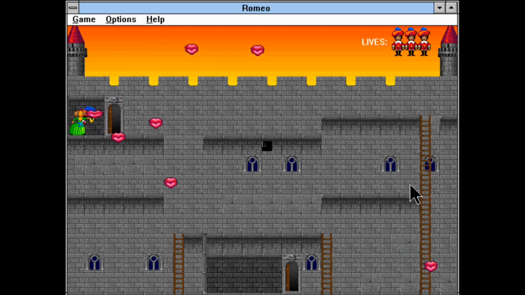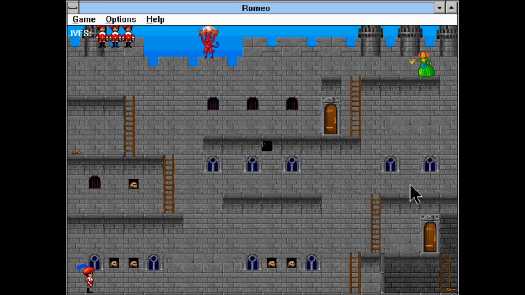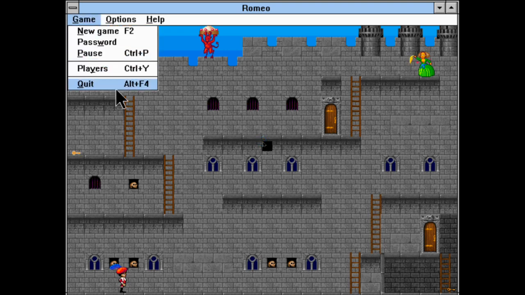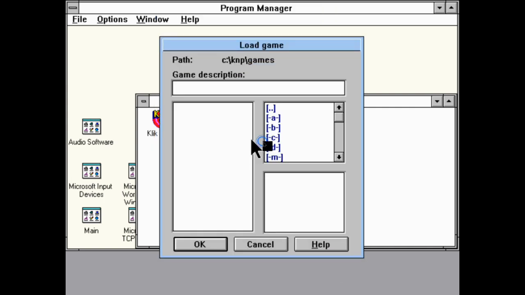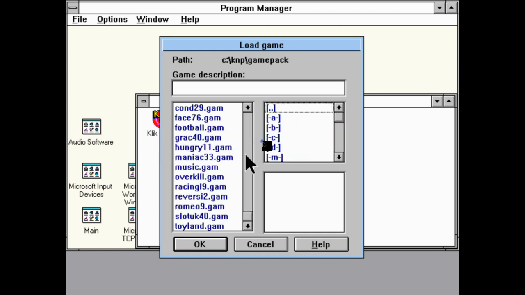Inappropriate noise aside there, this shows a wee platformer that's been made in Klik and Play, and actually the game files that Klik and Play uses, the .gam files, are included, so you could go in and modify the game. So I could go to Game Pack, and there's Romeo,